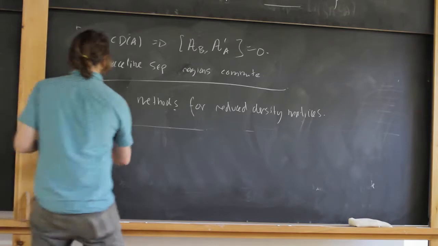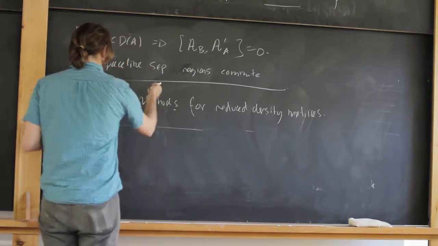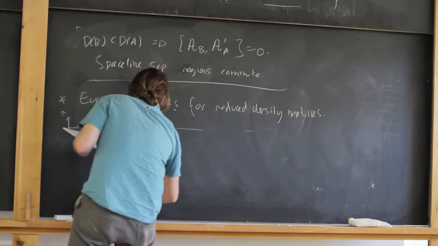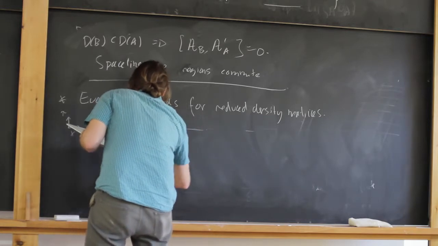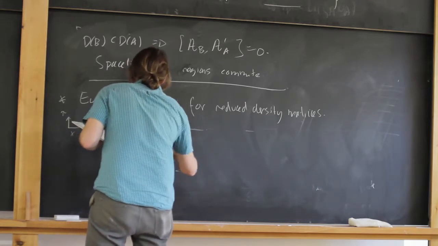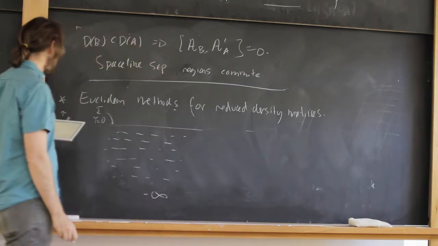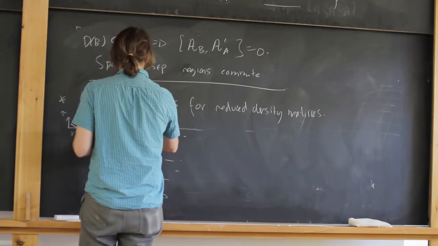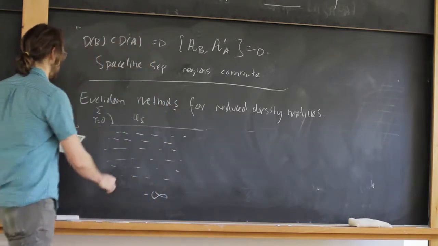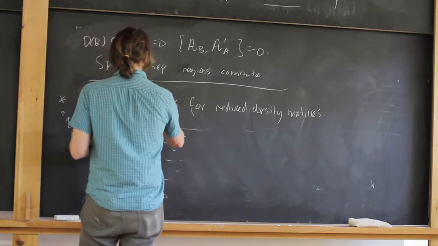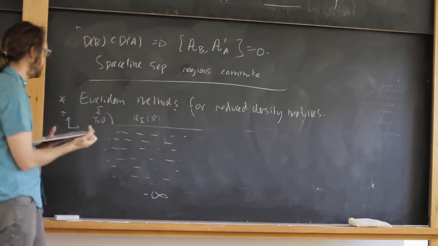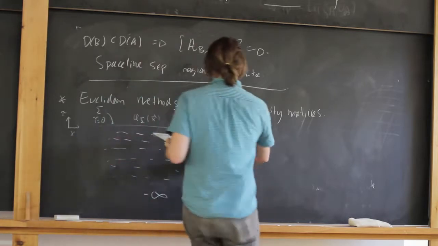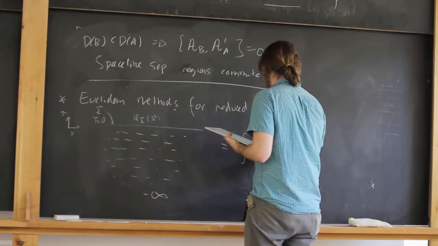Then we consider doing a path integral on the lower half plane from minus infinity and then upwards in this direction to the tau equals 0 slice. And when we do a path integral, we always have to impose some kind of boundary conditions at the ends. So we have some classical field configuration associated to the fields in our path integral. And then this is just computed by this expression,